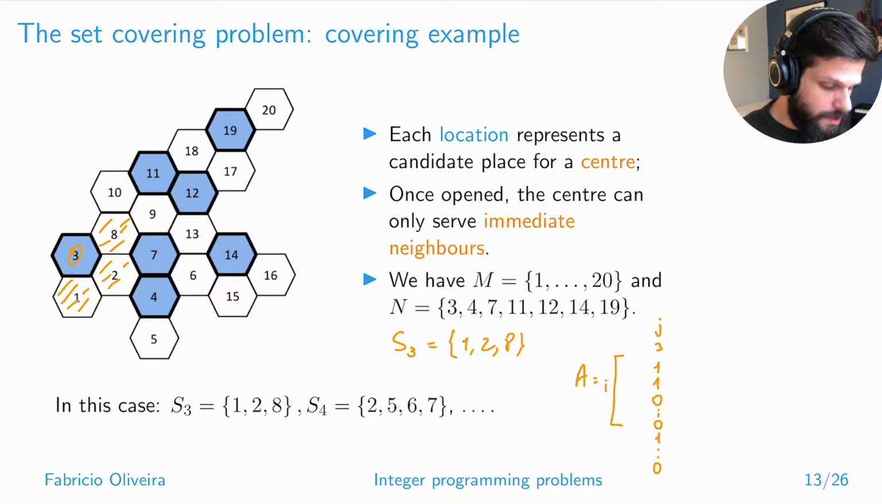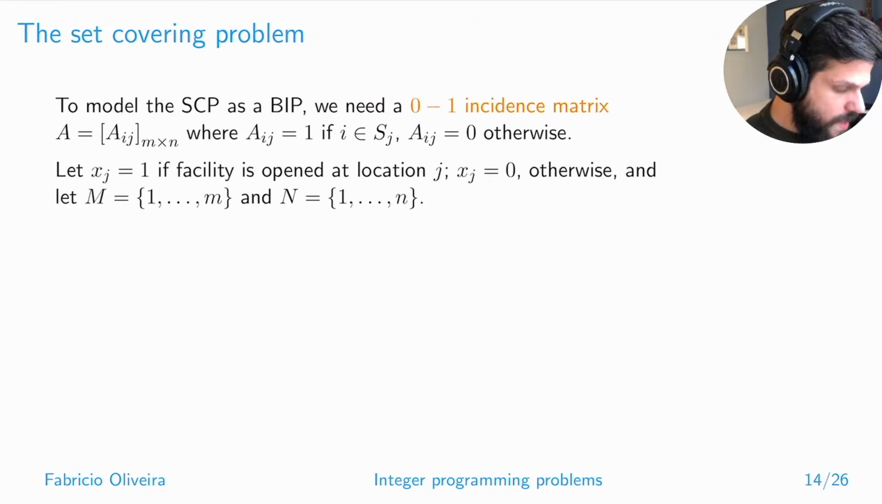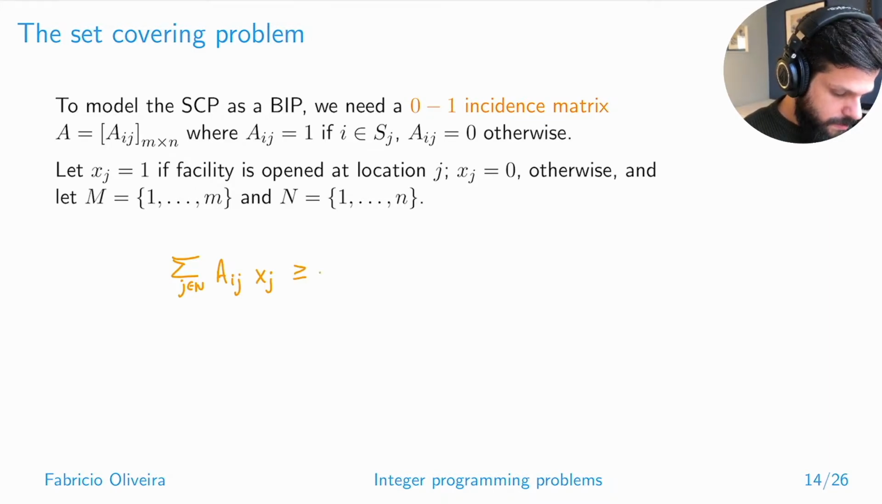So just to give you an example, once we have this matrix, we can have this variable xj telling us whether a center is located at location j or not. The way we look into coverage is we look at these elements of my matrix, Iij, and multiply them by my xj's. And when I sum this for all j's, what I have to observe is this being greater than